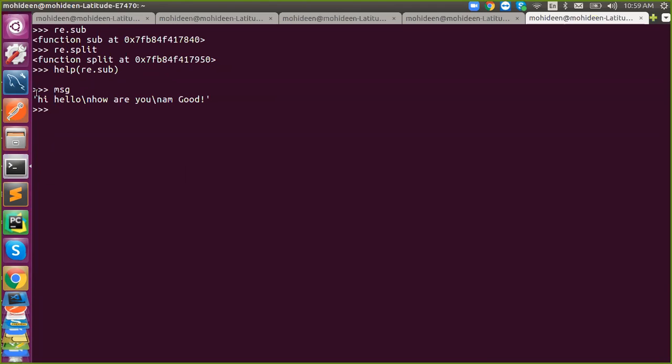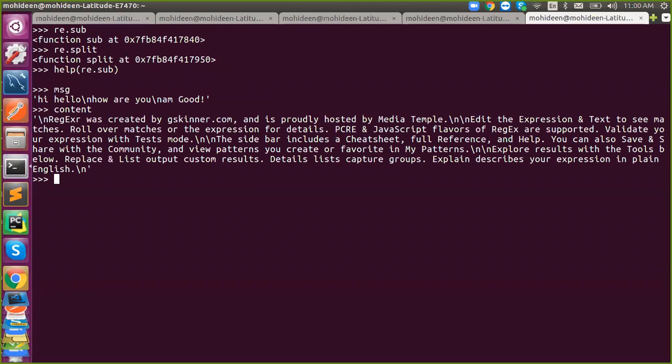Here I want to change my H. In the traditional method, what is the way I can replace the words which start with a capital letter with lowercase? It's a bit difficult.